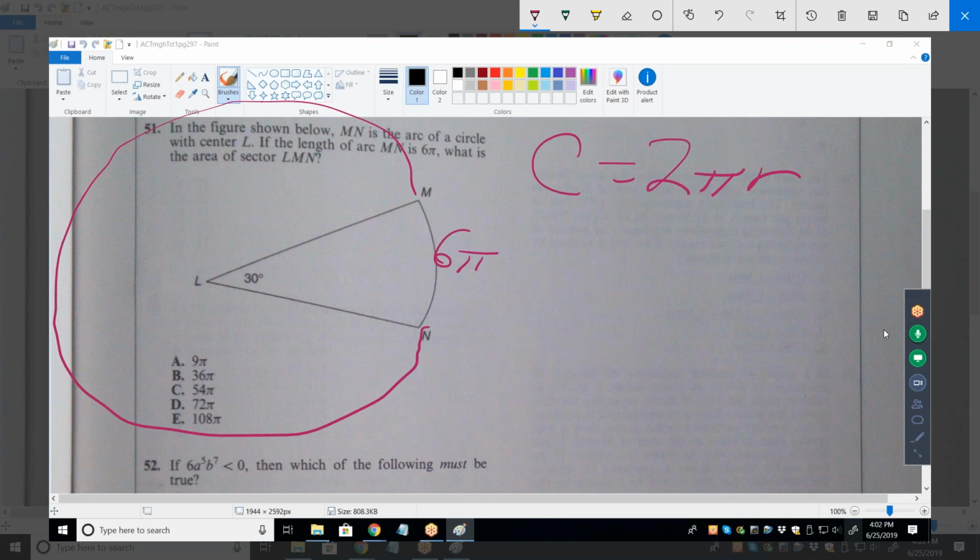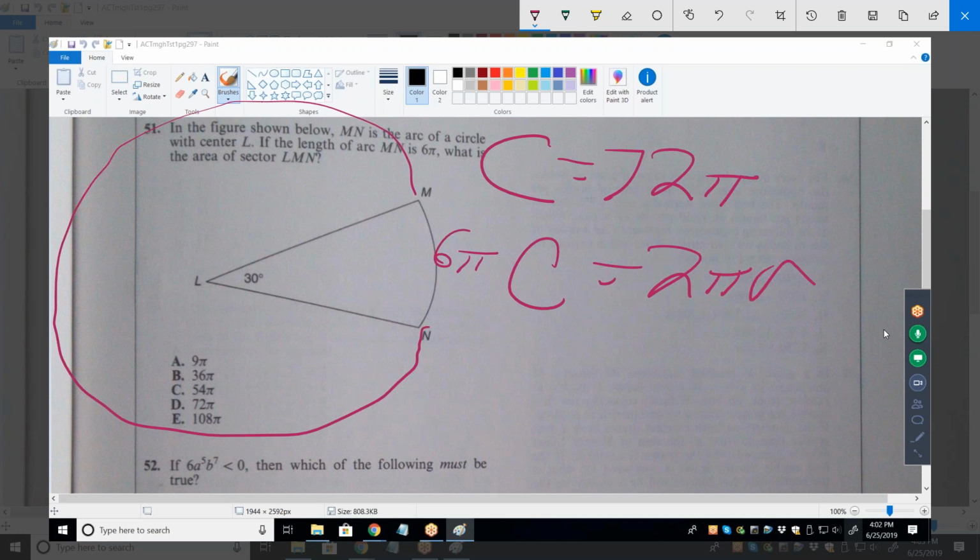Well, what do you know about the circumference? What portion of it is equal to 6 pi? So that's going to be 1/12. Aha. So what's the circumference of the circle? That is 72 pi. Okay. We know that that's equal to 2 pi r. So we have 2 pi r equals 72 pi. So r is